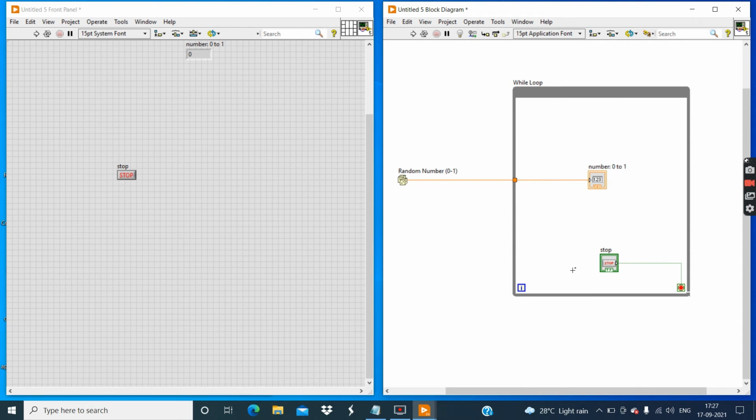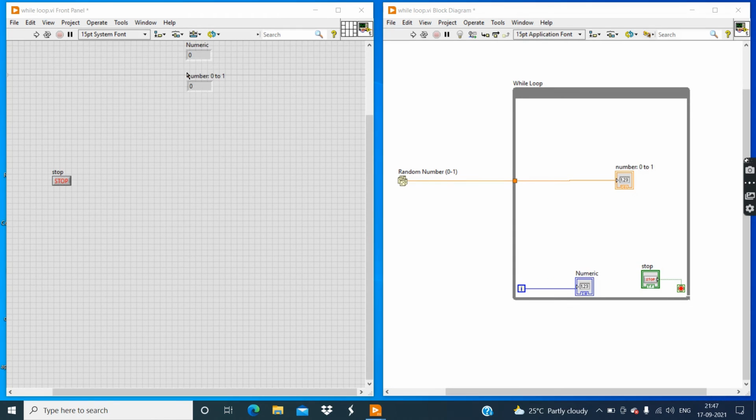Now we want to see the iteration, so create an indicator for the iteration, to see how many times the while loop will execute. Now select both of the indicators and change the position of these indicators.